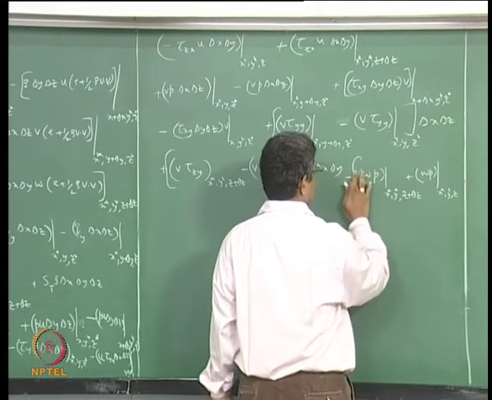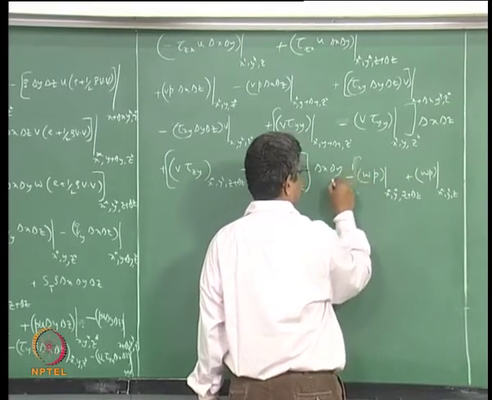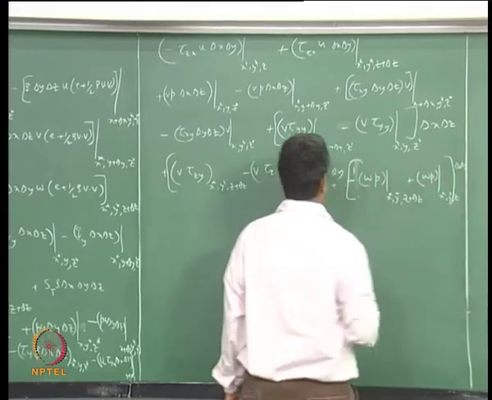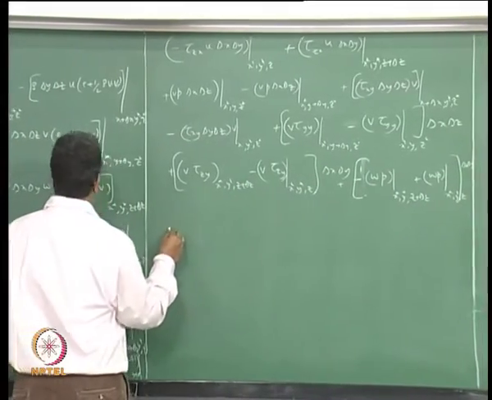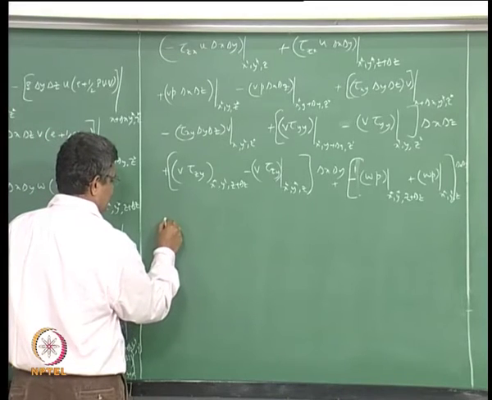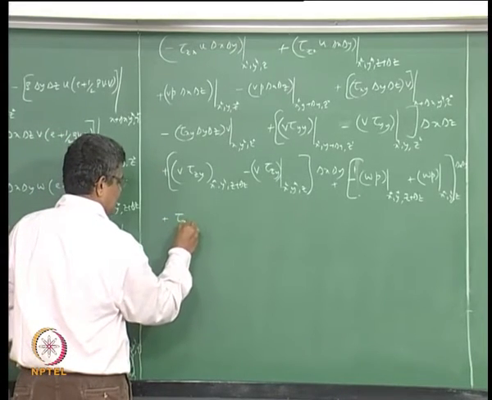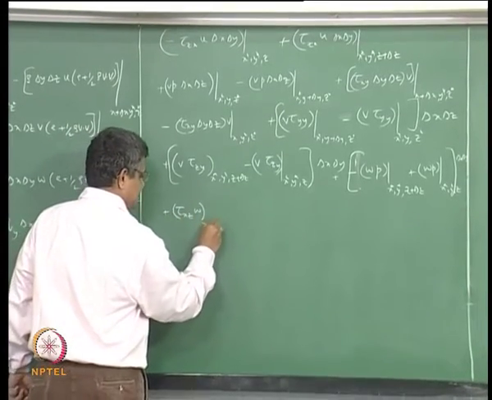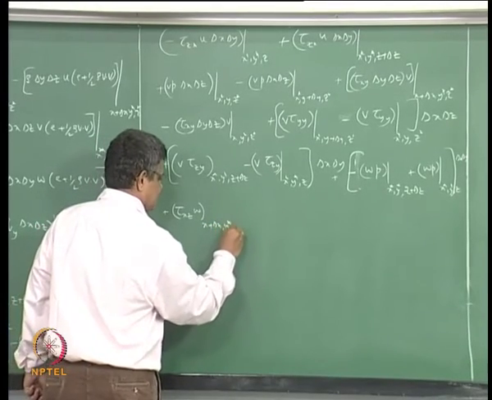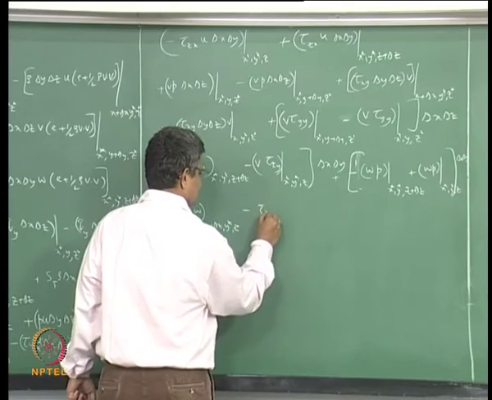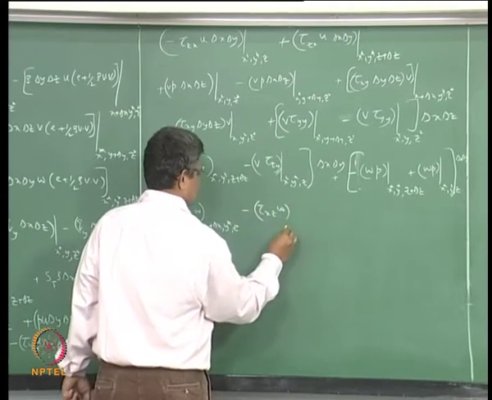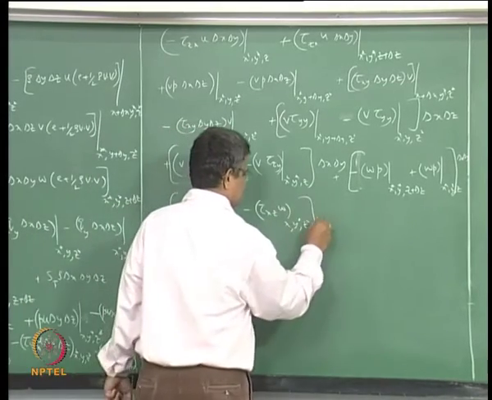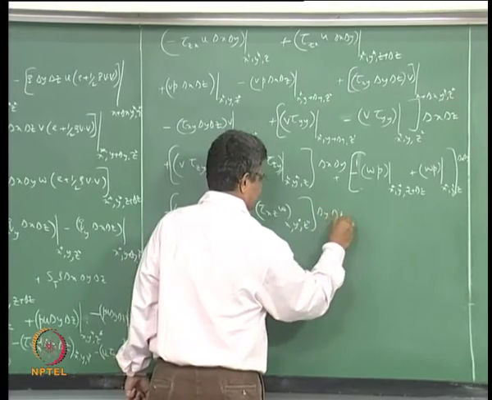This whole thing multiplied by the area, which is delta x delta y. And the stresses on the x faces will be plus tau xz times w at x plus delta x, y star, z star, minus tau xz w times x, y star, z star. This whole thing multiplied by the area, which is delta y delta z,